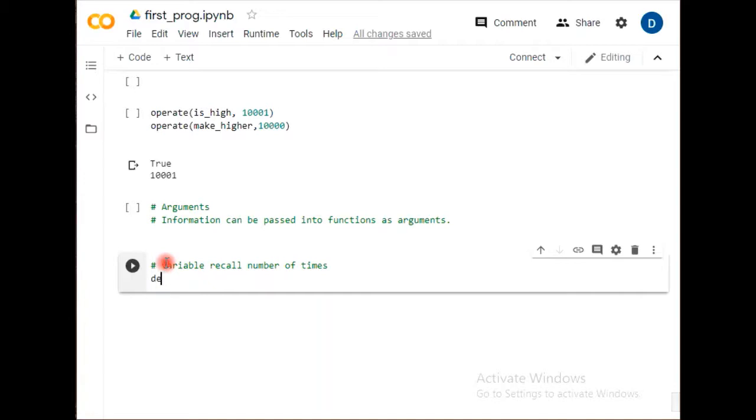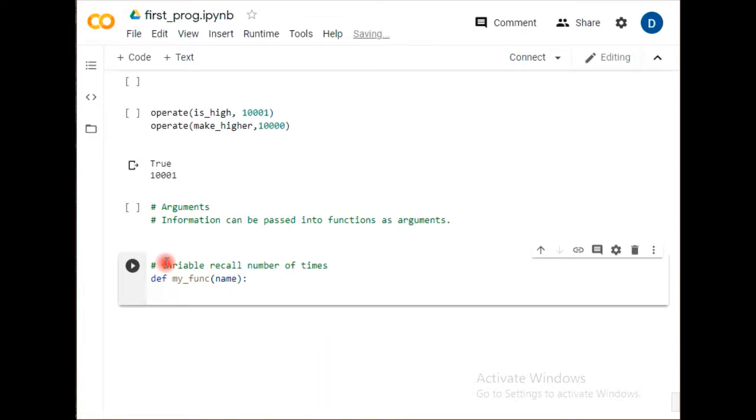Let's start with this. I'm defining a function and any name can be given. Let's say I'm giving the name my function, and under this I'm going to define my argument. Let's say the argument is name. I have defined it. Use the colon. Then whatever you want in that function, whether it is multiplication, division, some sort of operation, some printing, some output, whatever the inner code of the function is, can be written here.